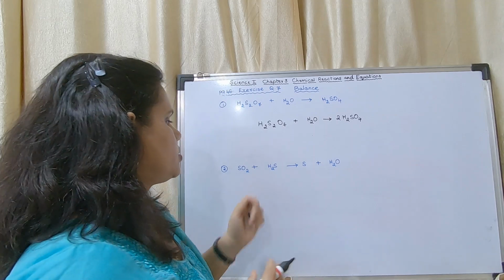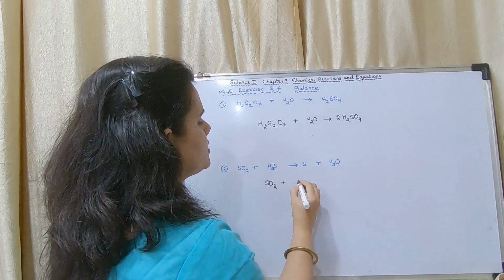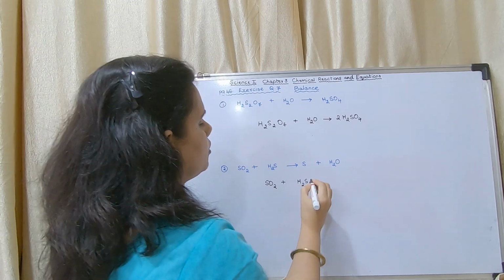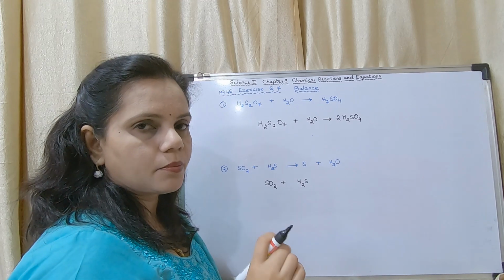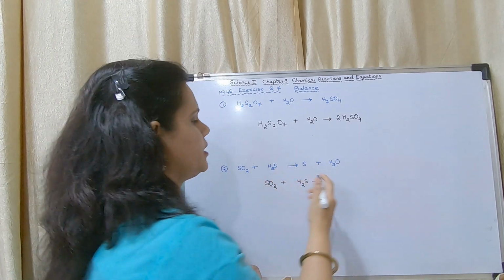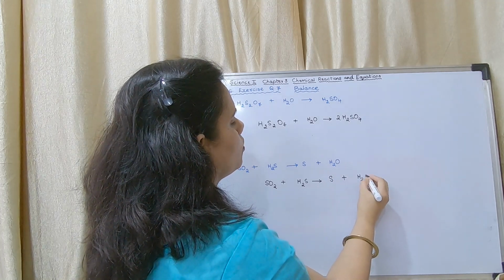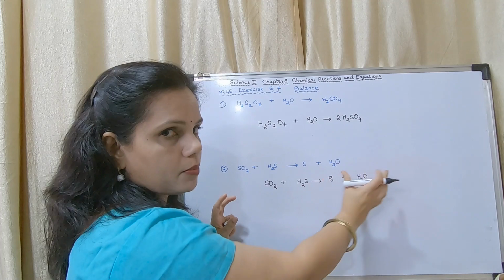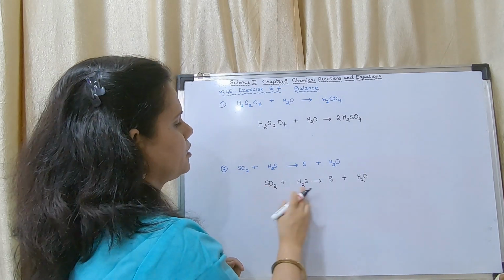Okay. Now this one, I will write the equation SO2 plus H2S. While writing this, you have to leave spaces here and write the numbers with a pencil first, and then rub it and write it with a pen. So S plus H2O. So write it spaced out like this and put the numbers. So here S 1 2.